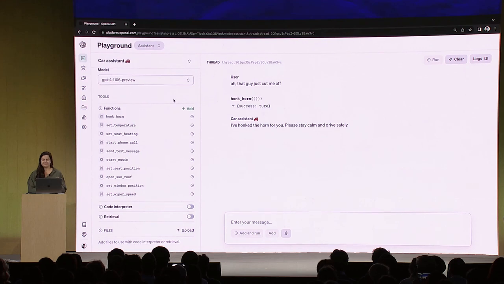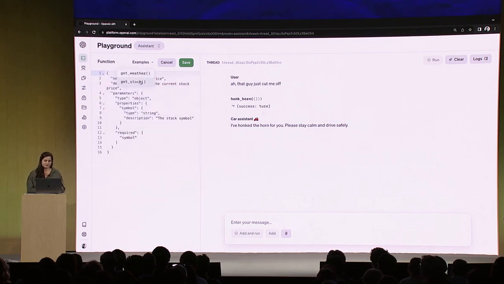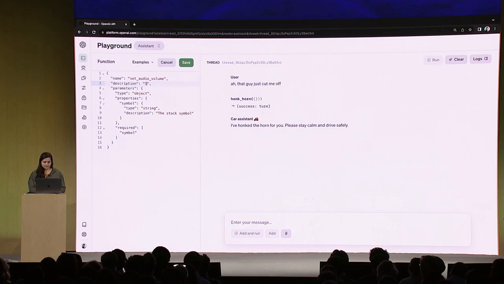So actually, I'm realizing that there's a function here that's missing that I want to add. So let's show you the add function flow. You can see there's a button here where I can add a function. We have some helpful presets to get you started. So let's use the get stock preset and change it a little bit to be my function. I actually want a function to be able to change the volume in the car. So I'm going to call it set audio volume. And I'm going to give the description to the assistant. So set